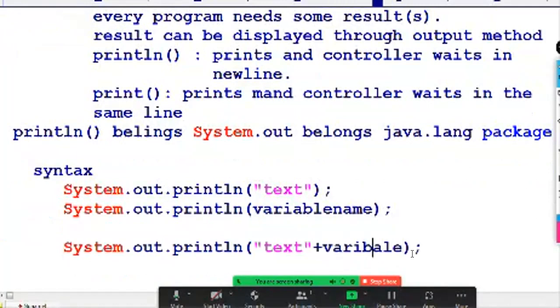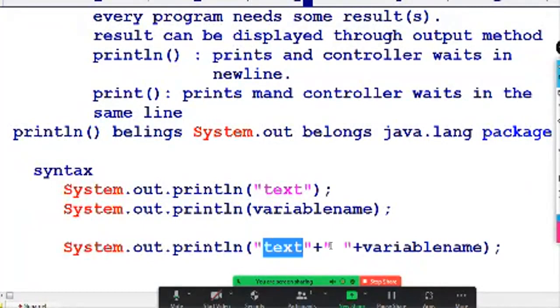At the end of the text which is given, we put the variable name, and its value will be printed. If you want a space, I can add some space in the text. With the append symbol, it acts as a full text, and at the end the variable value will be added.